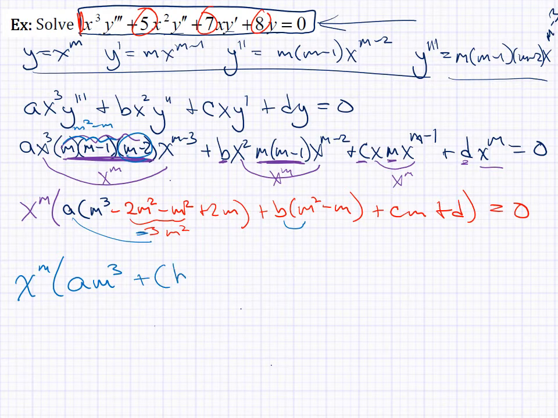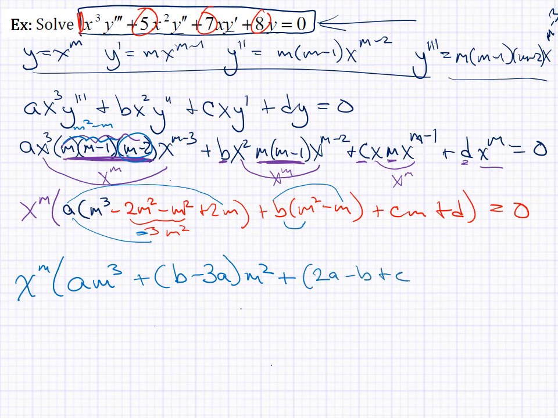So we're going to get b minus 3am squared plus, we're going to have 2am minus bm plus cm, so 2a minus b plus c m, and then we have a d